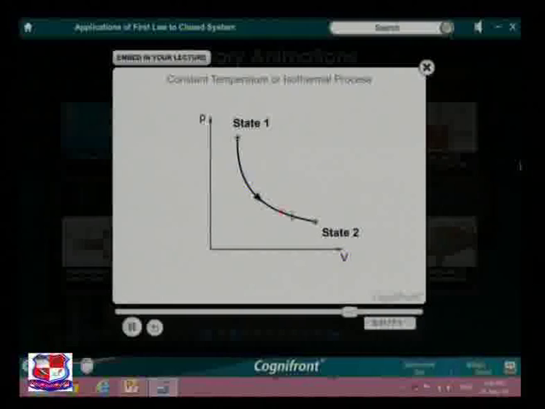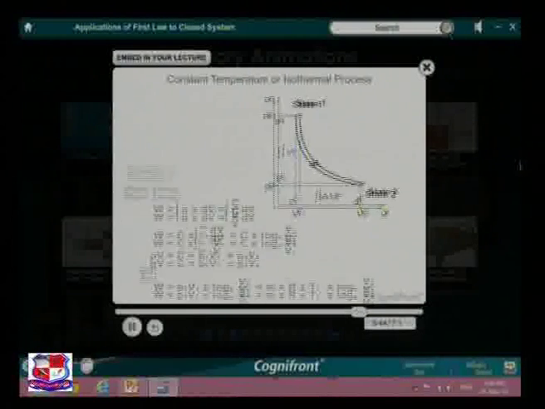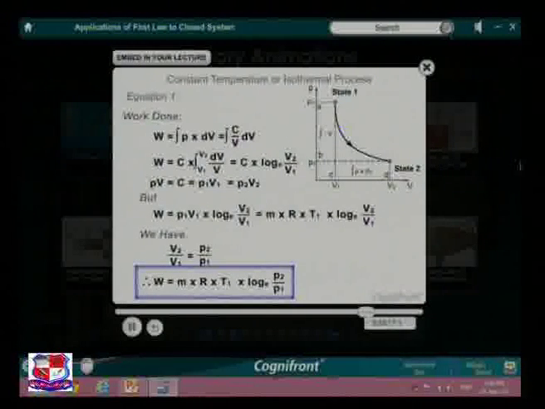Here, the ideal gas undergoes an isothermal process from state 1 to state 2. Let us see the expression for work done. On evaluating, finally, we get work W is equal to